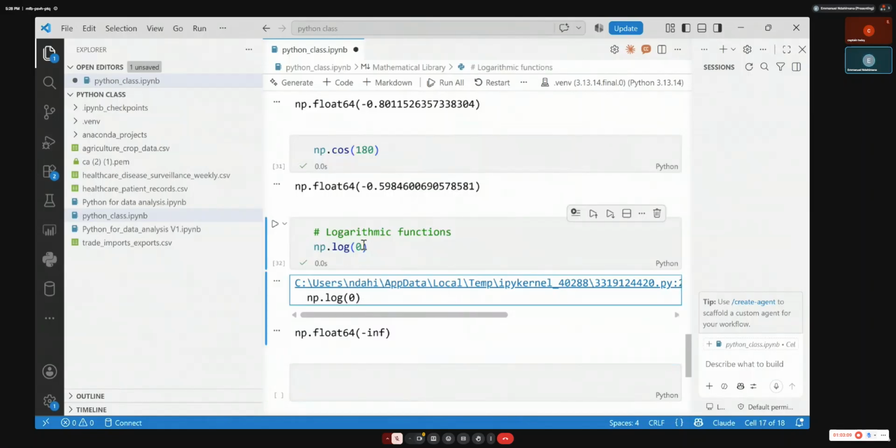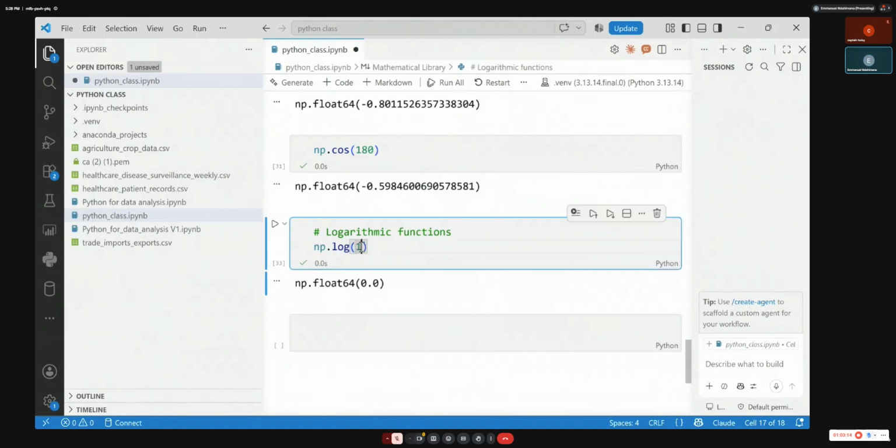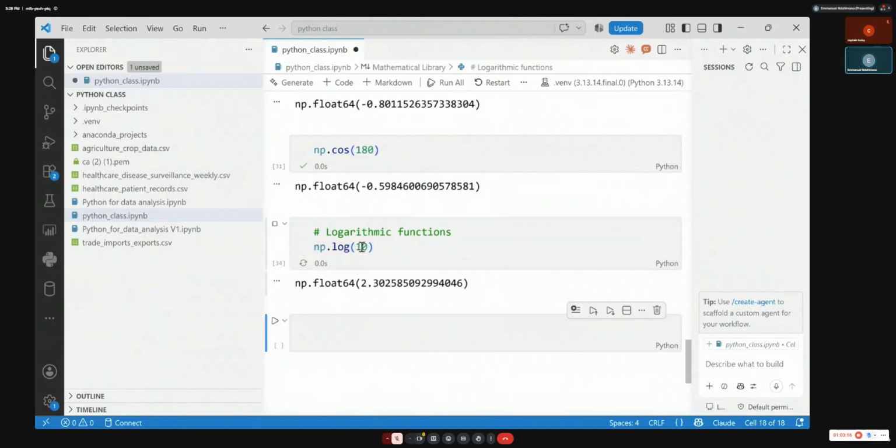It's infinity. Logarithm of 1 is 0. Logarithm of 10 should be 1, 2 point something. Until you put natural logarithm of e, that's when you can get 1.